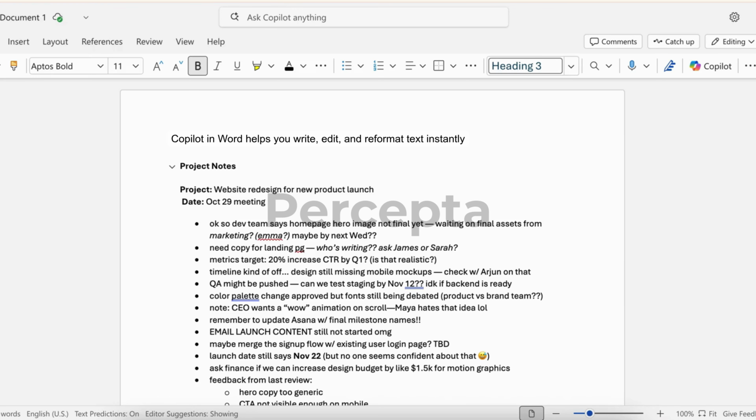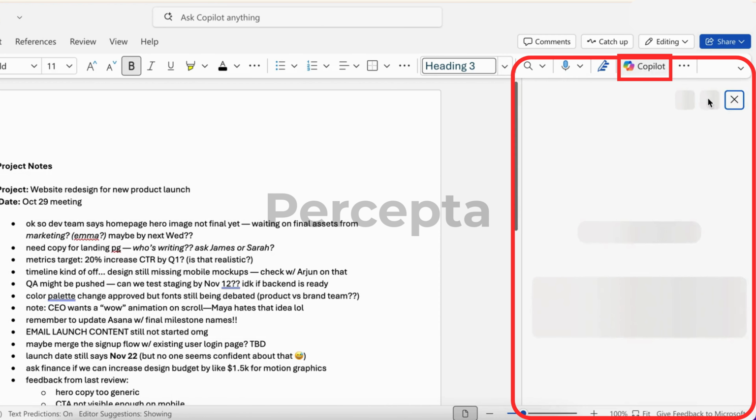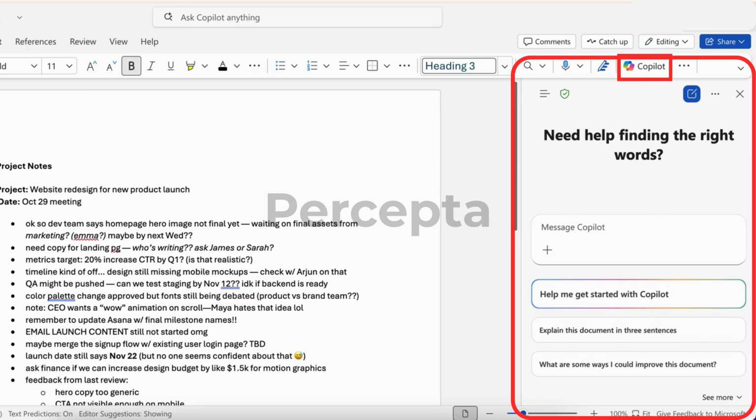Copilot in Word helps you write, edit, and reformat text instantly. It's like having a built-in writing partner. You can find Copilot in the Home tab or along the right-hand panel. Click the sparkle icon to open the chat box and type a prompt such as, "Draft a project summary for